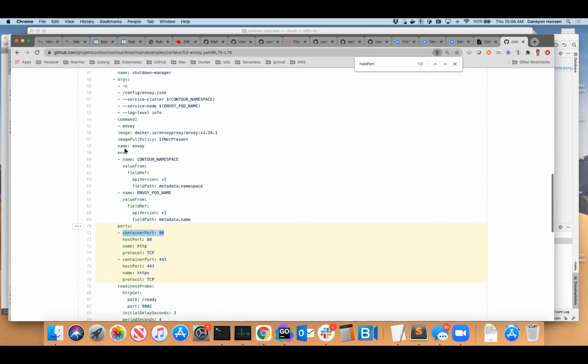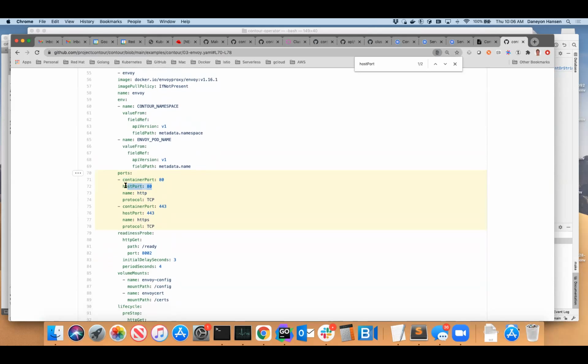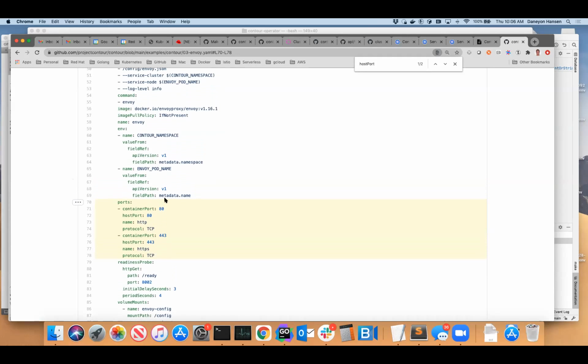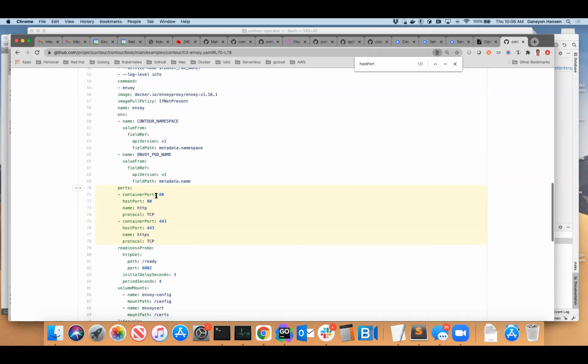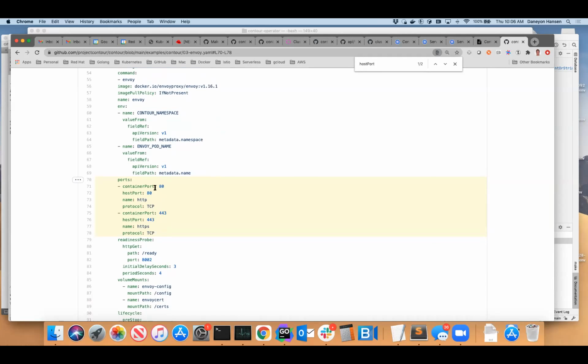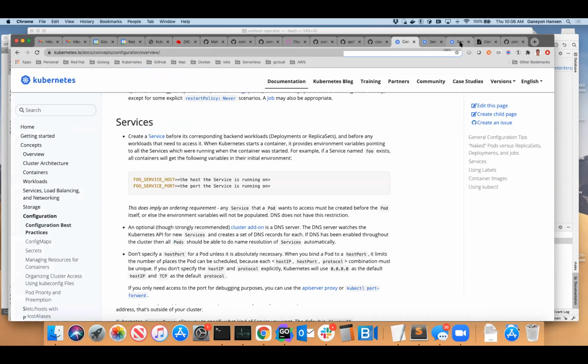And when this was discussed before, it was my understanding that this networking setup was so that east-west traffic, right? So traffic from pod A on node A can go to pod B on node B without going to kube proxy. And there are different ways to accomplish that without using host ports. And if we go back to this best practices,